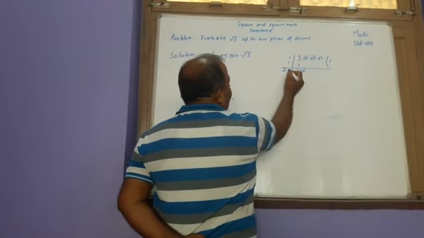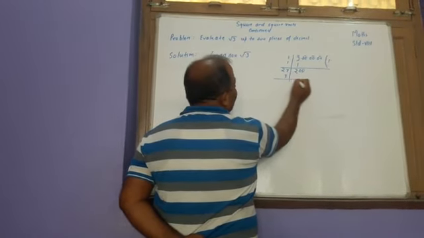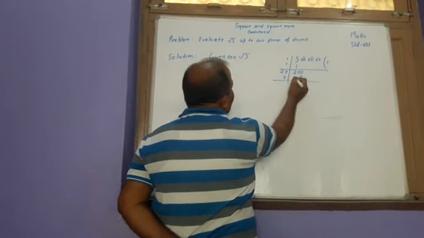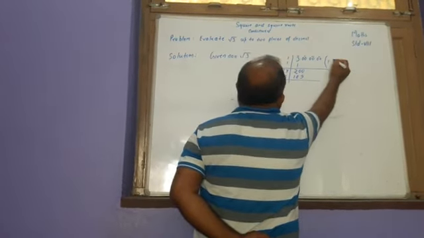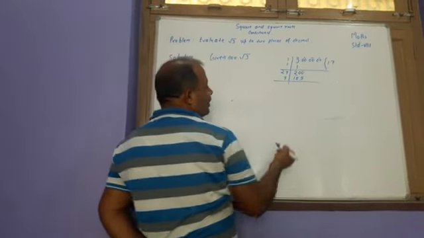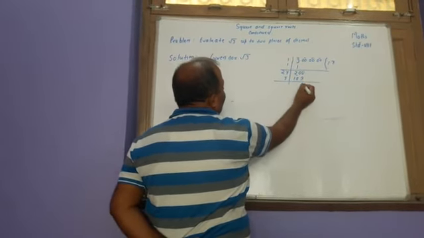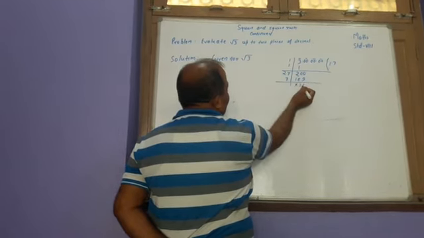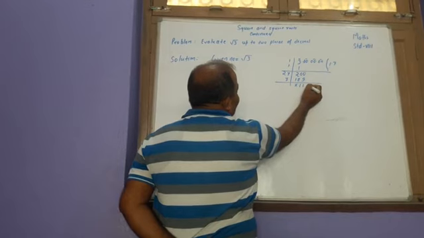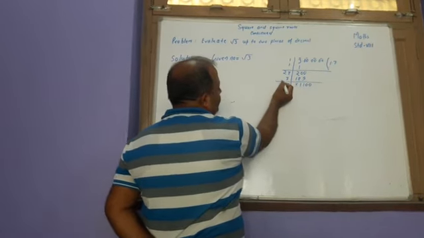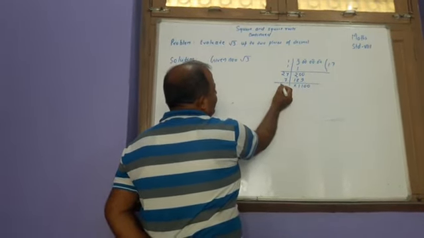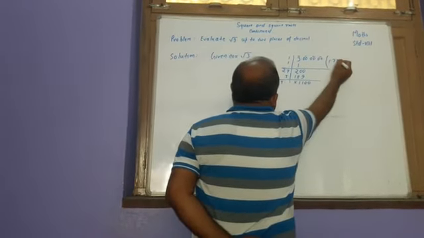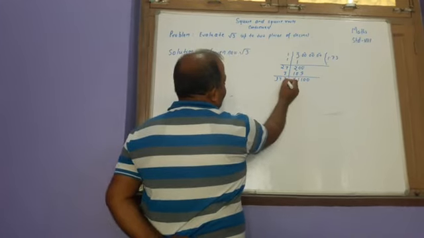Now, 7. 7 7s are 49, 7 2s are 14 and 4 is 18. Here 7 will be written. On subtracting, 10 minus 9 is 1, 9 minus 8 is 1, 1 minus 1 cancels. The next pair of zeros 0. Here we have to add 7 and 7, 14, 2, 1, 3. Now 3 will be taken here.